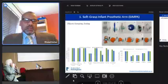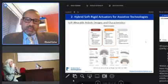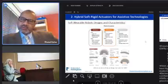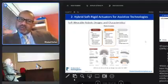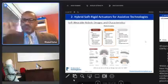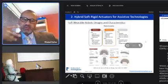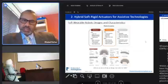The second project here is rigid actuator for assistive technologies. Away from the traditional research using rigid actuators or rigid motors, this is not going too much with assistive devices. Research groups now are moving toward more use of soft actuators. What we believe in is having a hybrid combination of soft and rigid material for soft actuators can provide